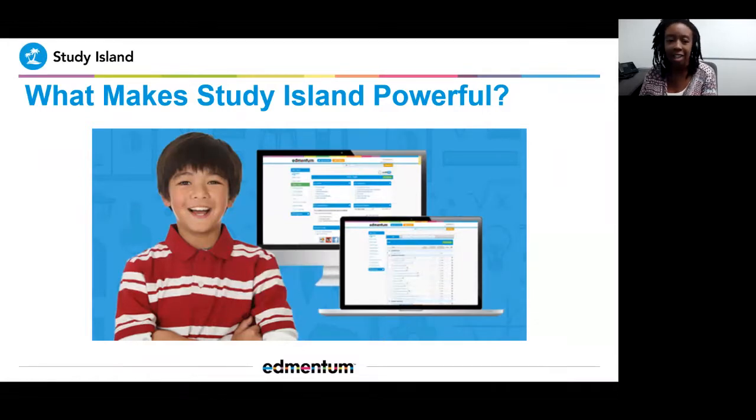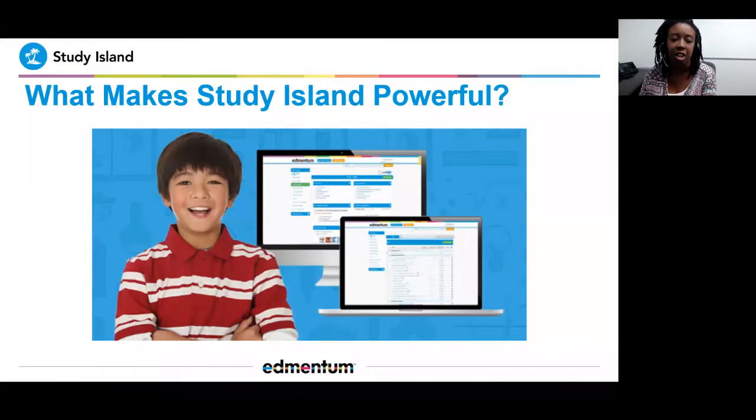Study Island is a standards mastery question-based formative assessment tool. It is designed to help K through 12 students master the content specified in your state or national standards. Your students are able to improve performance on their core skills through a targeted review of those questions. Students receive immediate feedback and built-in remediation, and teachers receive actionable data, allowing them to easily monitor student